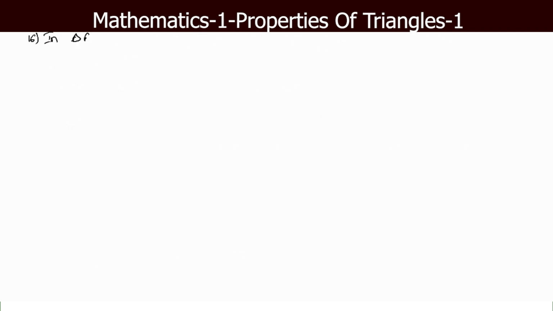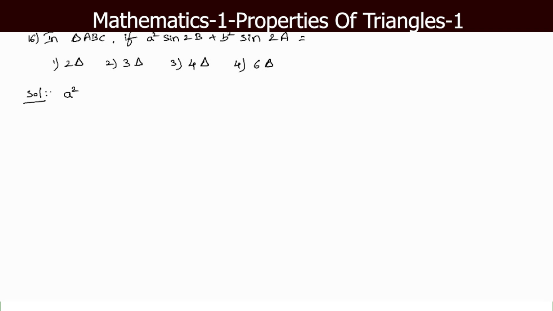Right. 16th. In triangle ABC, a square sin 2B plus b square sin 2A is equal to: 1) 2 delta, 2) 3 delta, 3) 4 delta, 4) 6 delta, where delta is the area of the triangle. Now, a square sin 2B plus b square sin 2A is equal to 2a square sin B cos B plus 2b square sin A cos A. So that is equal to 2a into,